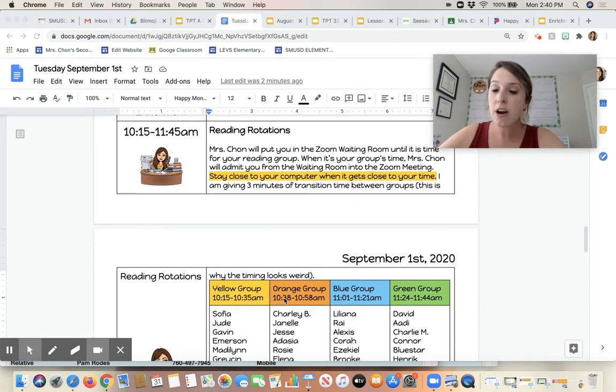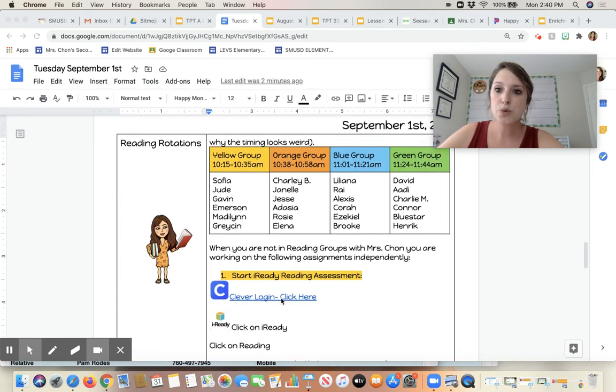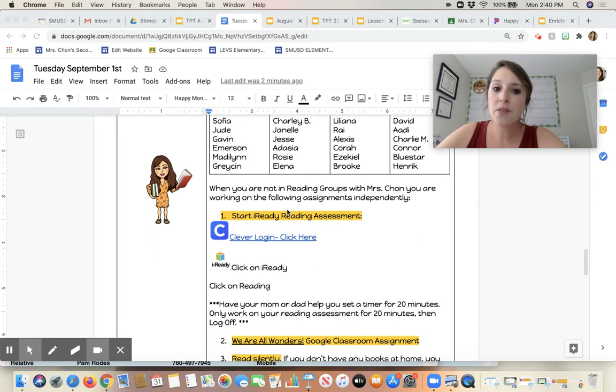When the kids aren't with me, they're going to have a list of assignments to do, and they need to do them in the order that I give them, because it's most important to least important of what I need them to get done for the day. If you look at the schedule, I'm also going to show them on the Google Slides presentation I made. The first thing they need to start today is their iReady reading assessment. They need to log on to iReady. They can use this link and they're going to click reading. They're going to want to click math because they've been doing math, but we're going to do both each day now. So they need to click on the reading assessment and get started.